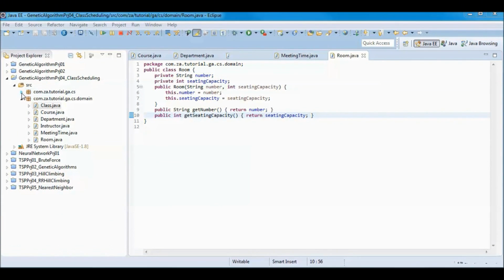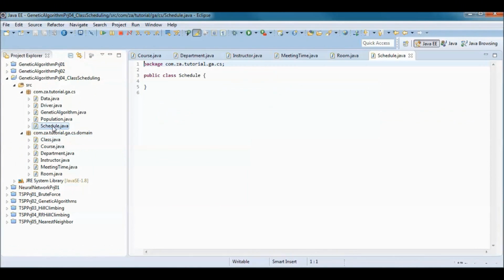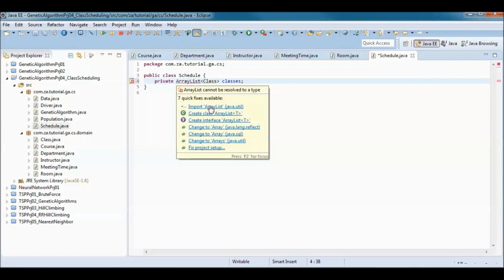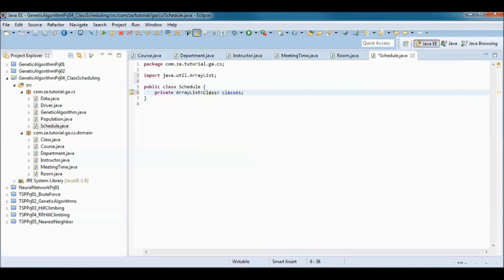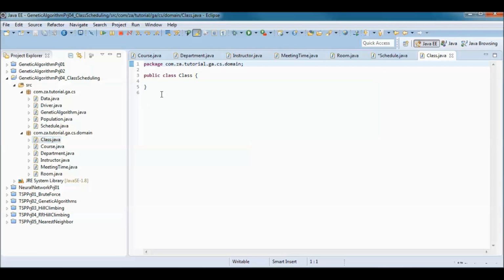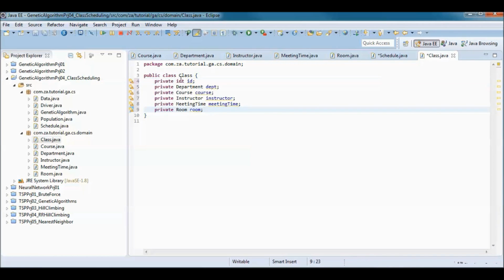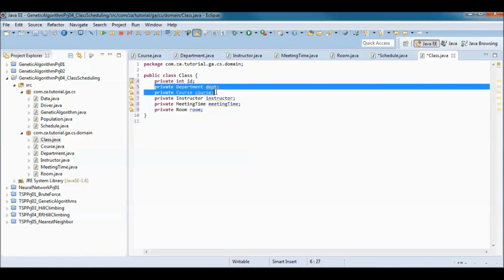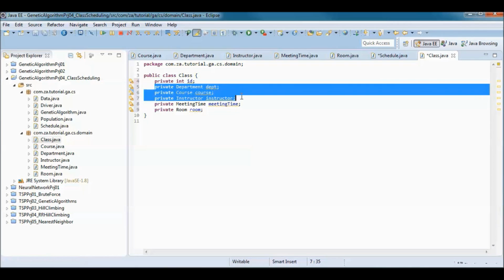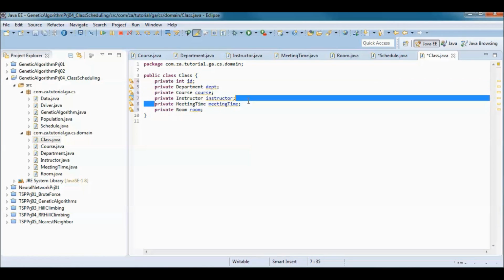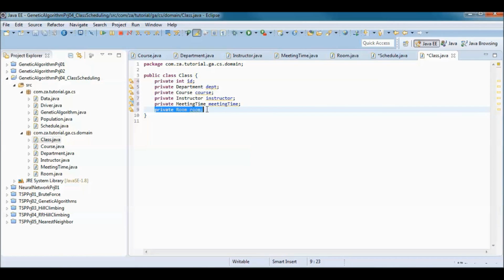And the schedule will have an array list of classes, and a class will have a class ID, a department, a course, an instructor, a specific meeting time, and a specific room.